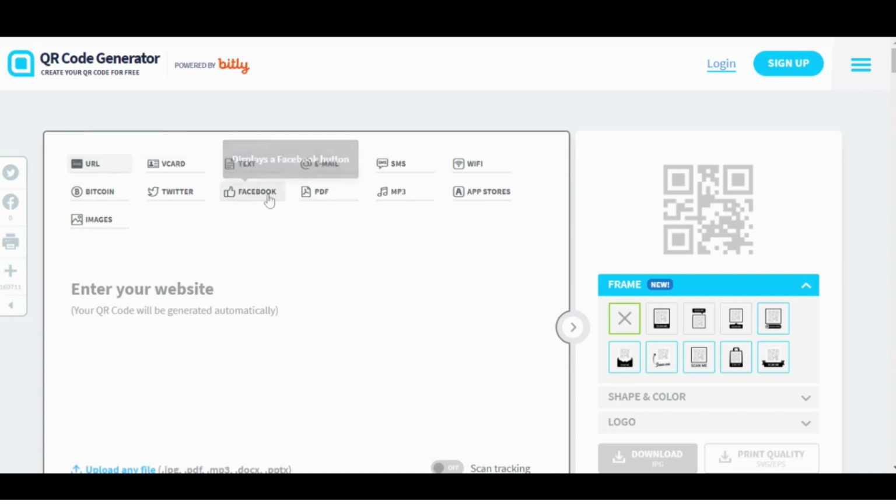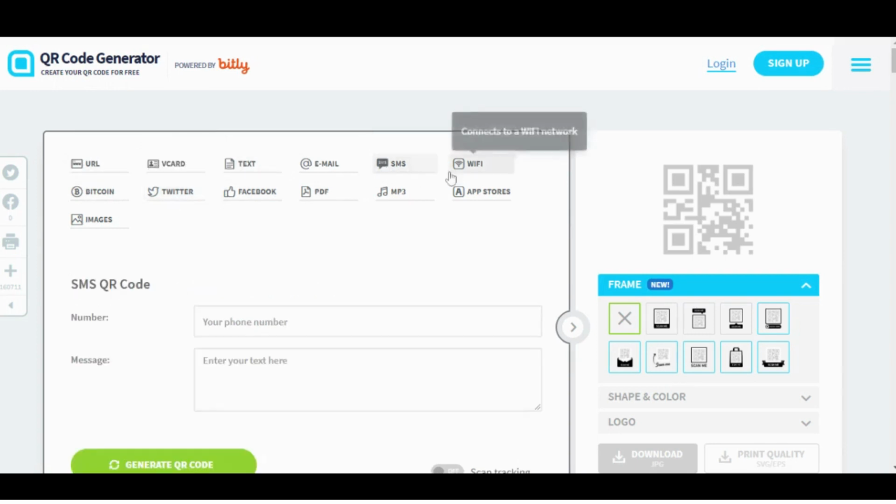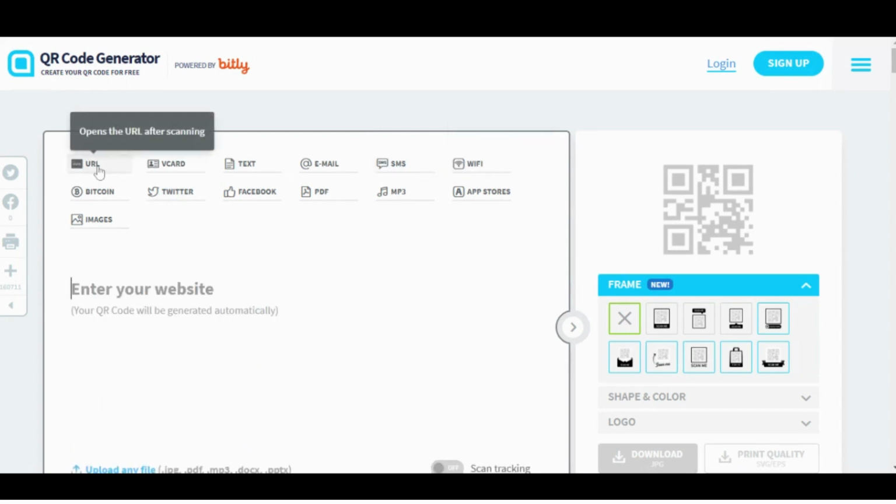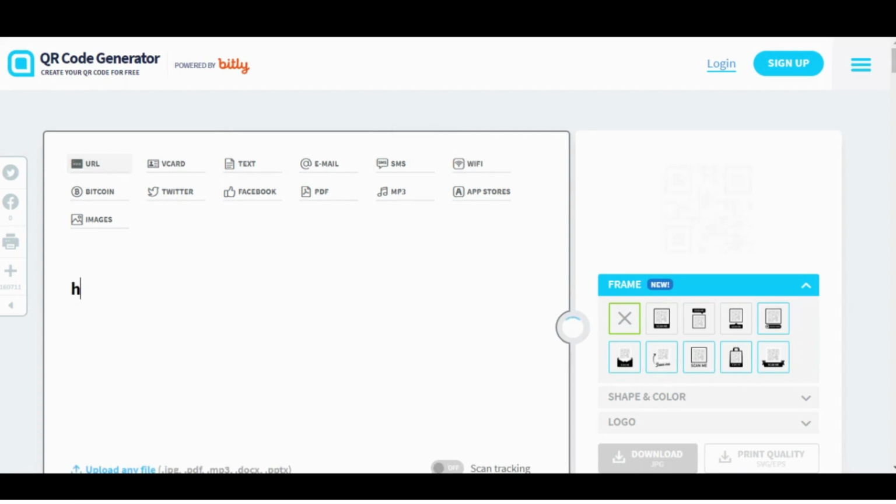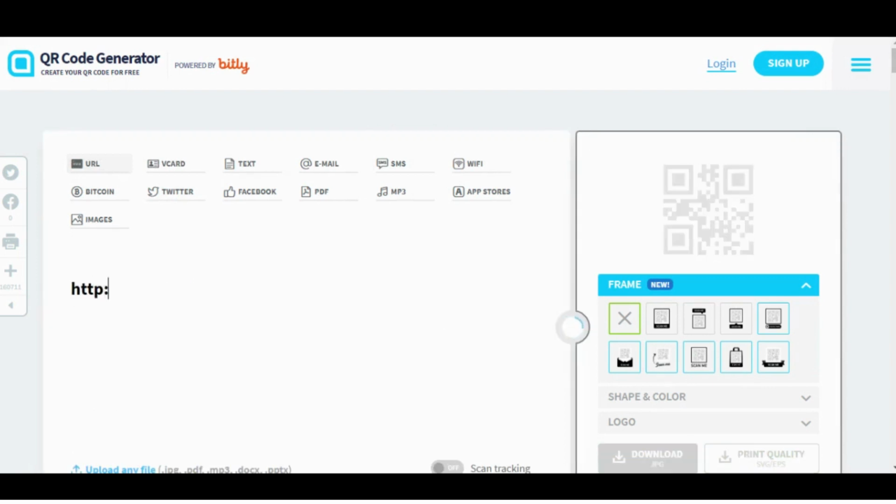They have the PDF option. They have the Twitter option. Then you can just enter your text also here. There is an SMS option also. Different things are given here. We can use them for marketing your products to the public and so on. But here I just give you a simple website, just like